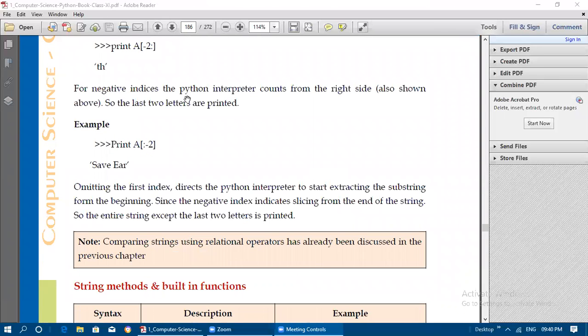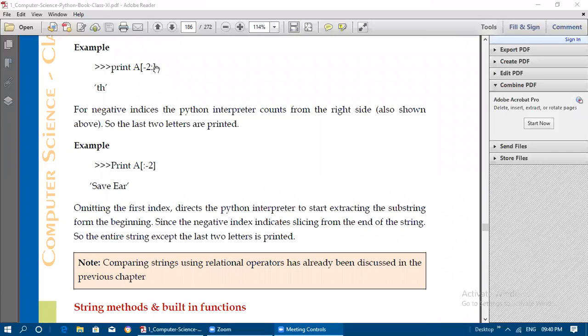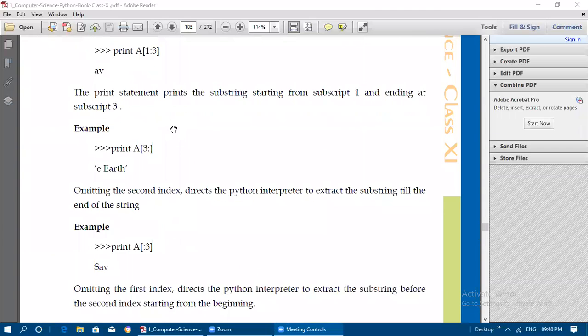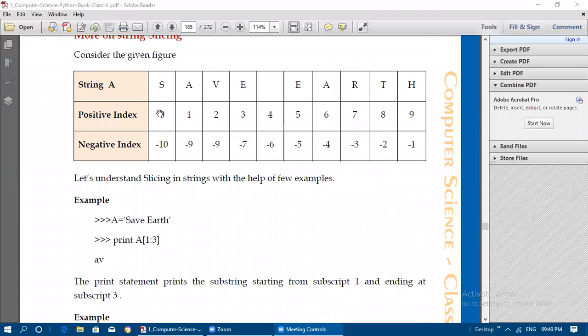So for negative indices, the Python interpreter counts from the right side, as also shown above. So -1 and -2 will be included, so the last two letters alone are printed here. And if you are omitting the first one, that is the 0th index, and giving colon -2, then up to -2 it will go, starting from 0, that means up to your EAR. -2 means up to -3 it will go.